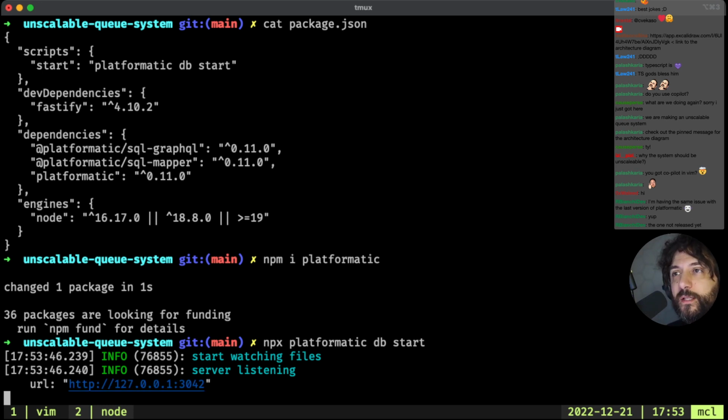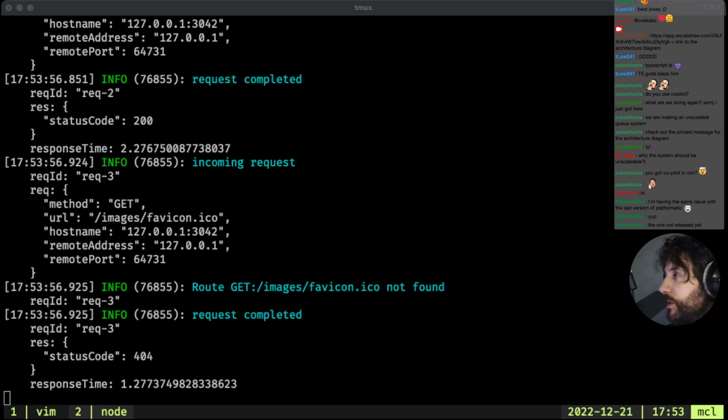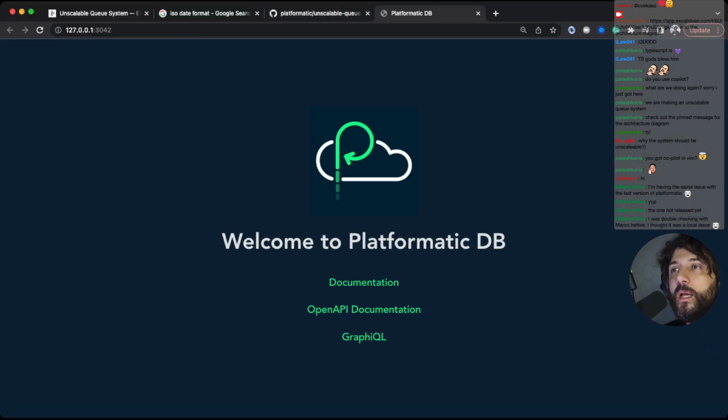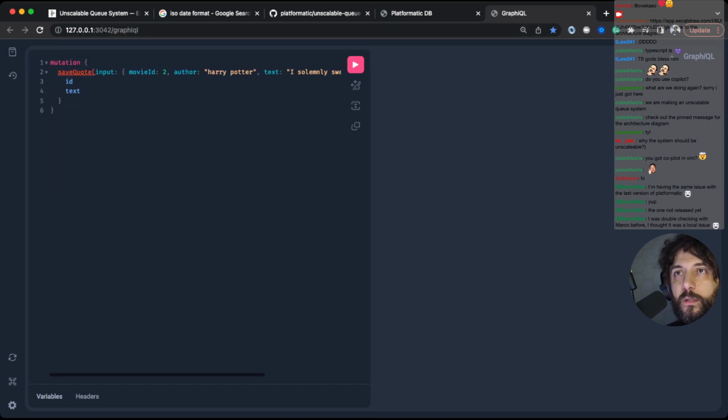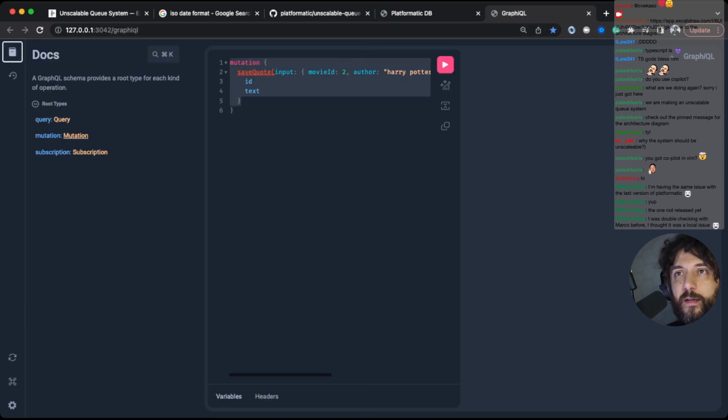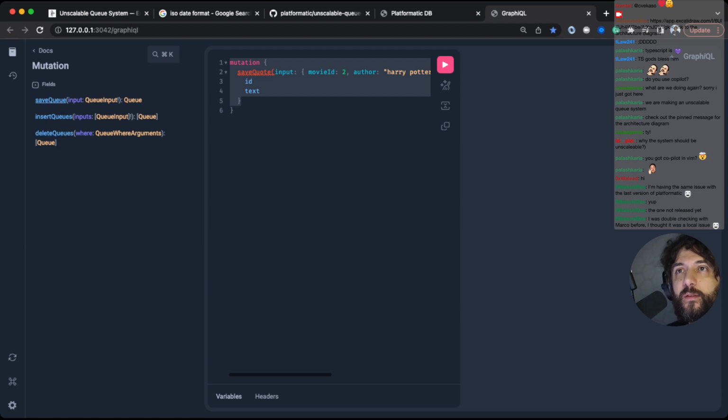Okay, so let's open this up and see how this looks. Let's switch to Chrome, and let's go to GraphiQL, and let's see what we can do here. So what we have: mutations, save queue. Yeah, we have the ability to manipulate our queues.